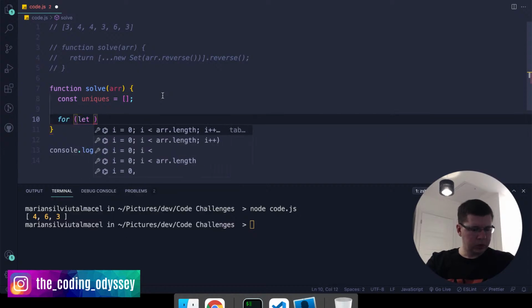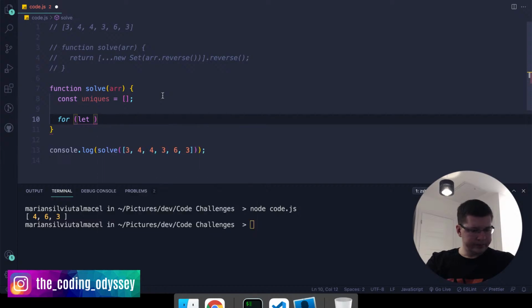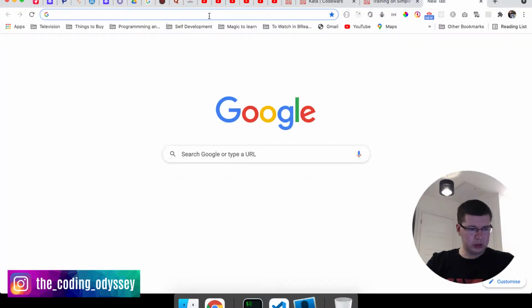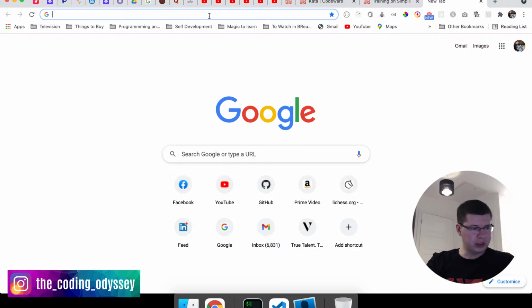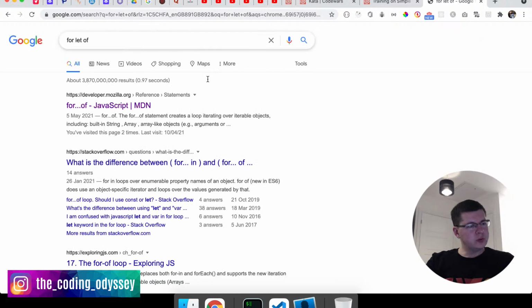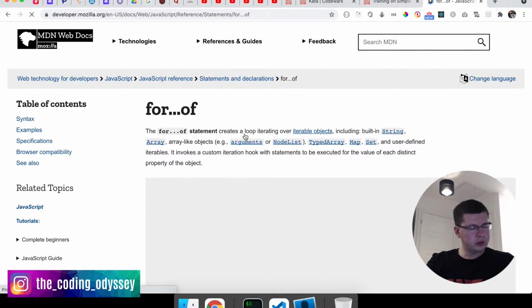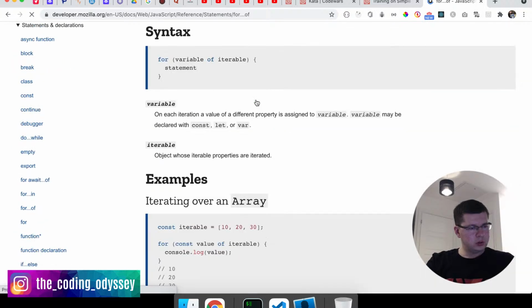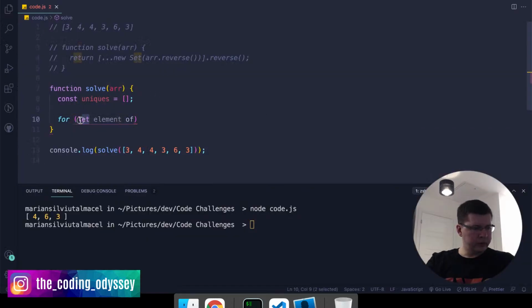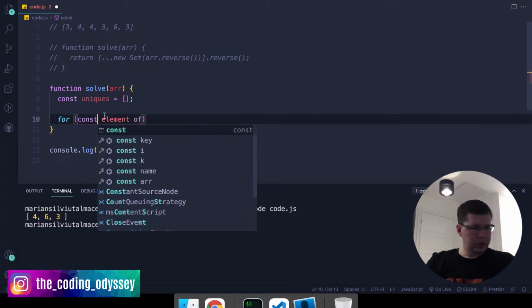let element of, I think it is "of" when you use array. I always confuse which one is for let of or let in, which one is for objects. For of is for arrays, yeah, so this one is for array. So let's say for const element of